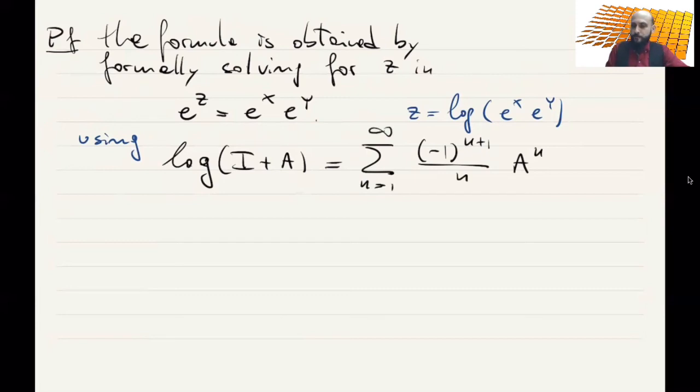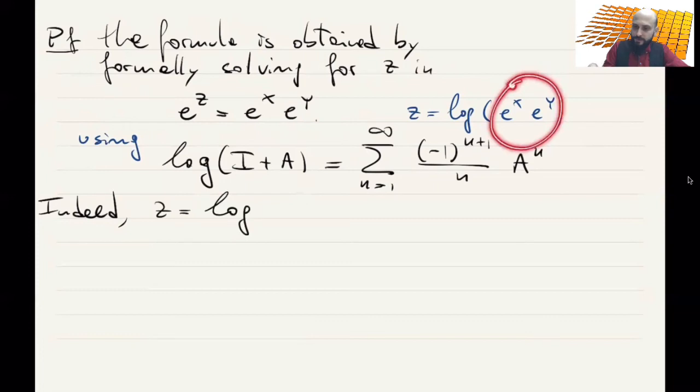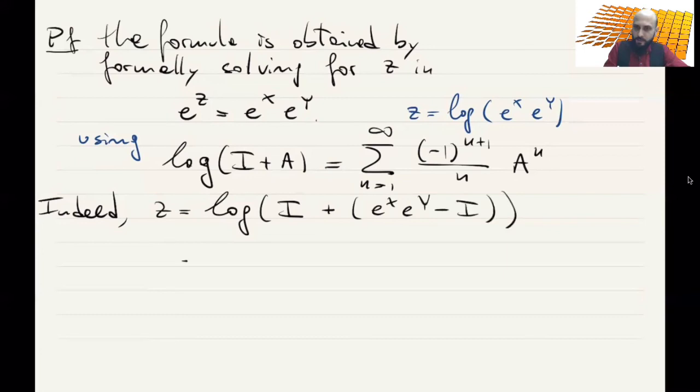Okay. So let's do it. So indeed, what do we do? So z, as you said, this is the log of e to the x times e to the y. But let me write it as the log of the identity plus (e to the x, e to the y minus the identity). Okay. Now I expand it